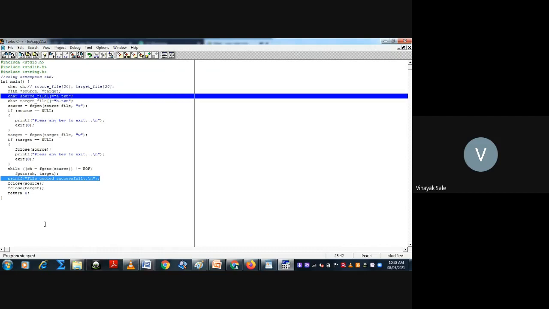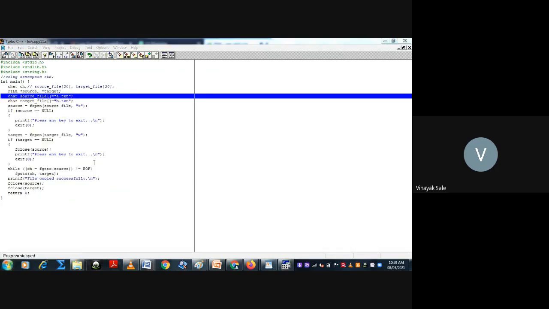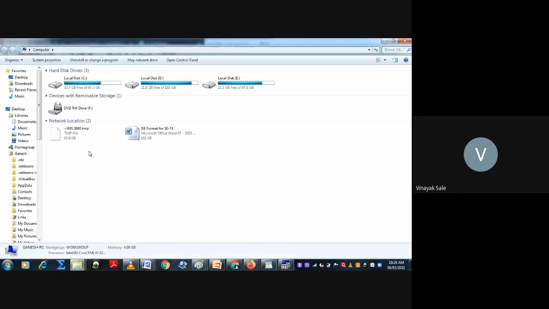Okay, so where is the source file and where is the target file? This program is stored at some location. At the same location you have to store a source file and a target file. So I go to the source file and target file here.